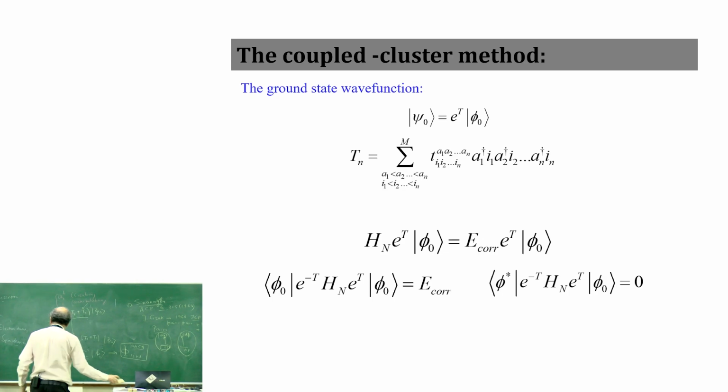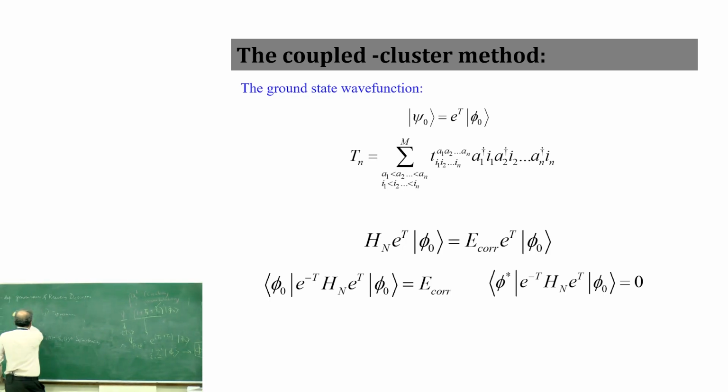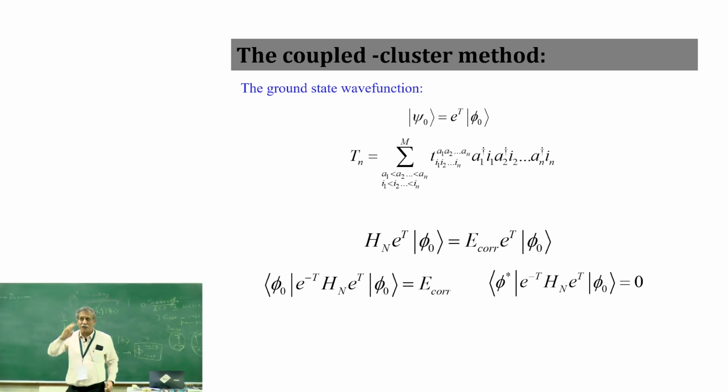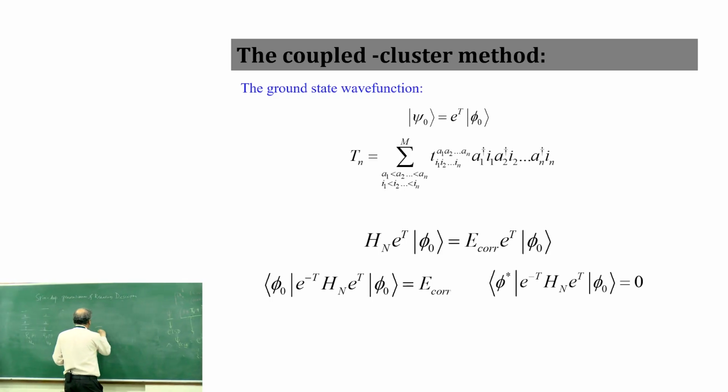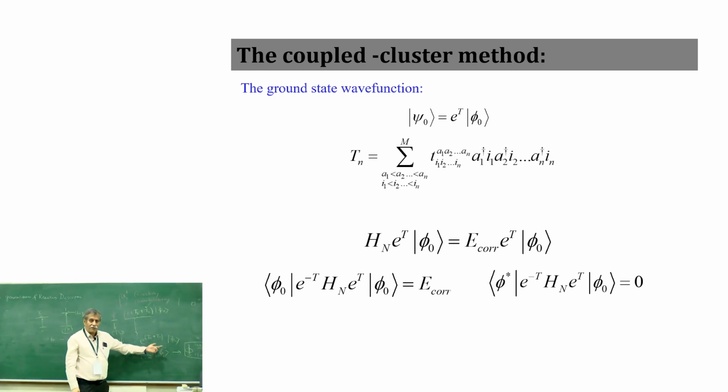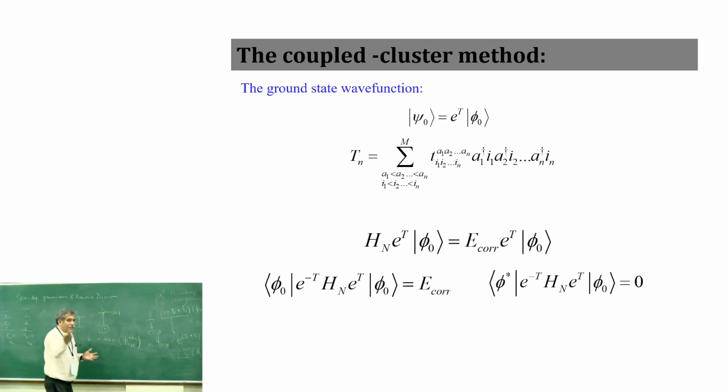So let me first say, Sinanoglu actually addressed this. What he's saying is that CCSD has a T1 into T2, which is a three body by this same nomenclature. If I have I to A, I can have a JK pair going to BC. So this is effectively IJK going to ABC, which is triple excited, phi IJK ABC. So this is a T1, this is a T2, and a product of T1 and T2 exists here because of the nature of the exponential. So I don't need T3, that's what he is telling.